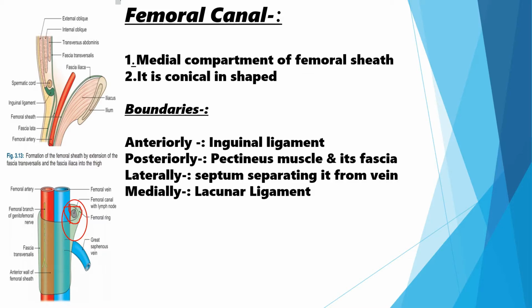Actually the lacunar ligament is content of the abdominal region. You can correlate the lacunar ligament after completion of your abdominal region. Just remember it for now. Then this femoral canal is a very potent region of this femoral sheath which gives passage of abdominal content to below. Means abdominal contents above can pass through this femoral canal to this medial side of the thigh.